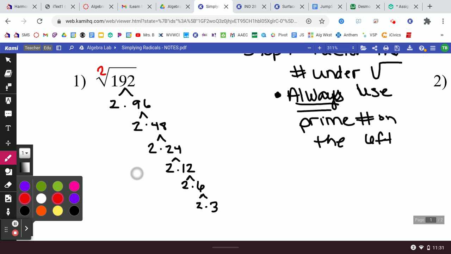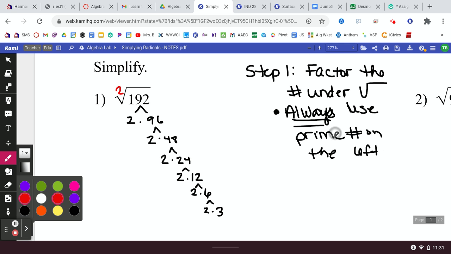Yes, you can, and you would eventually end up with all the same little pieces, but it gets so messy. You have some high and some low and some 2's and some 3's and some numbers all over the place, that when you get to this step right here, it makes it a lot harder. And I'll show you exactly what I'm talking about. All right, so step number 2